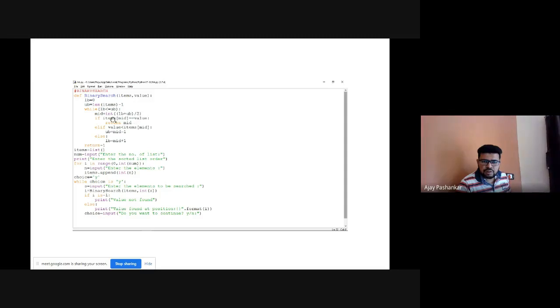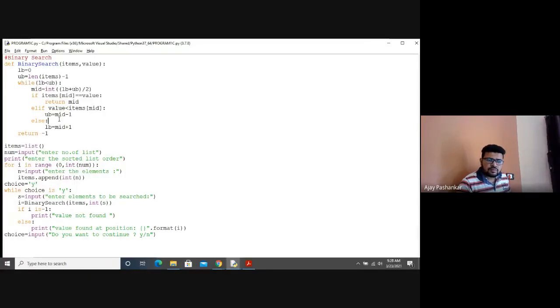We should here items mid equal to value return mid. Value less than, here also is the problem, value found at particular position, items equal to list. Return mid.